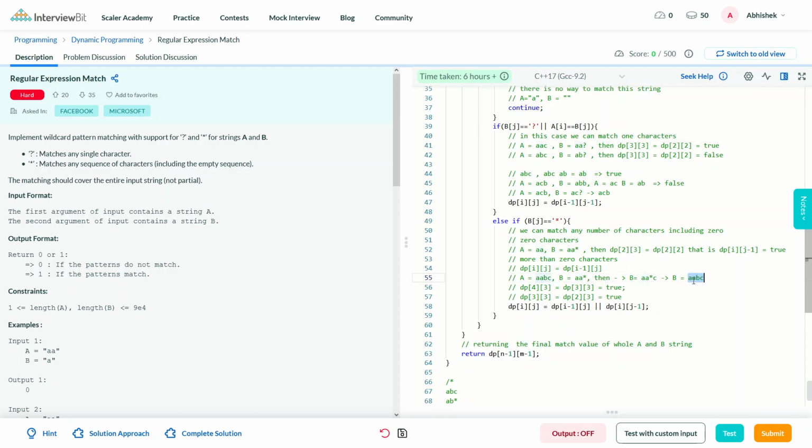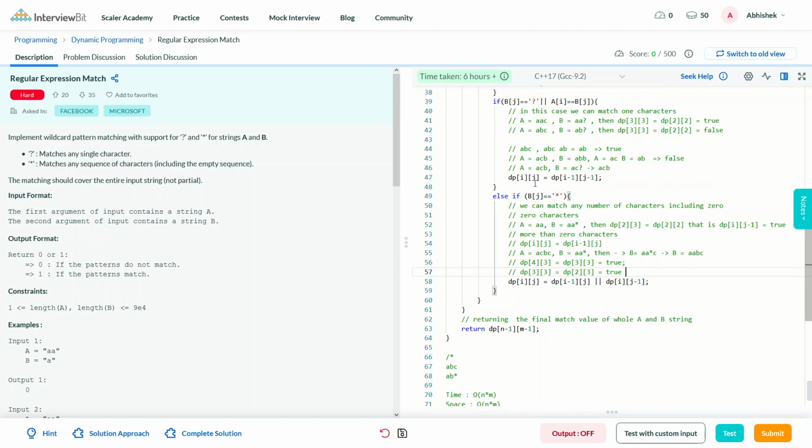And if these two match, meaning if its value is true, then we can match this star with this bc, and finally get our whole a and b strings matched. Otherwise we cannot match these two strings. Like if we have c here, then our b can become aabc, and it can never become equal to acbc. So in this case we are returning false.